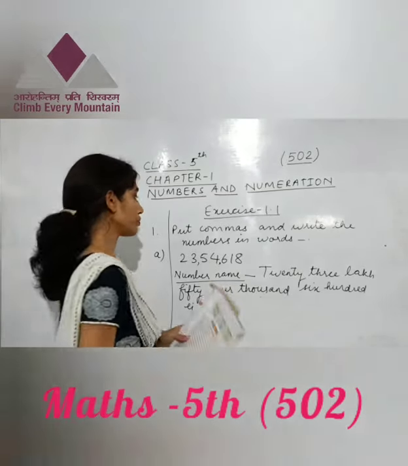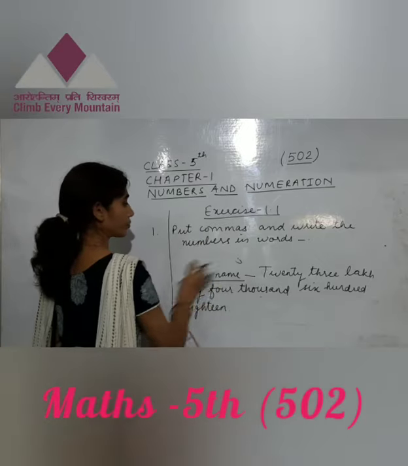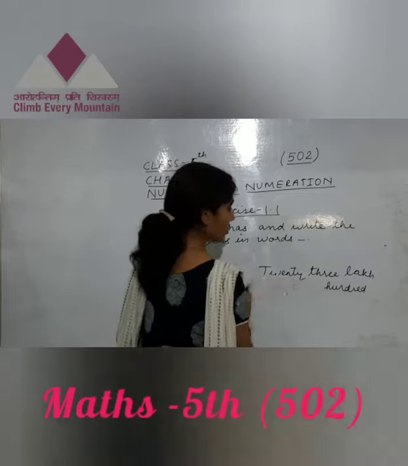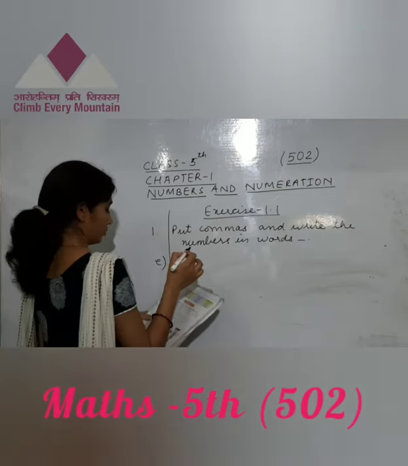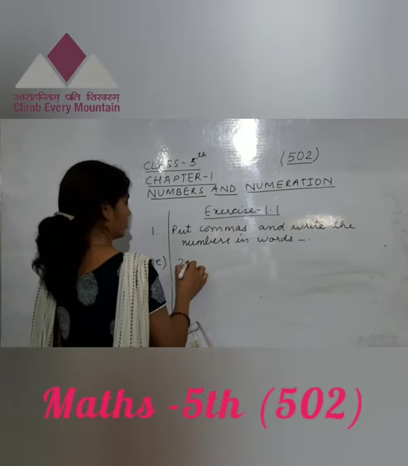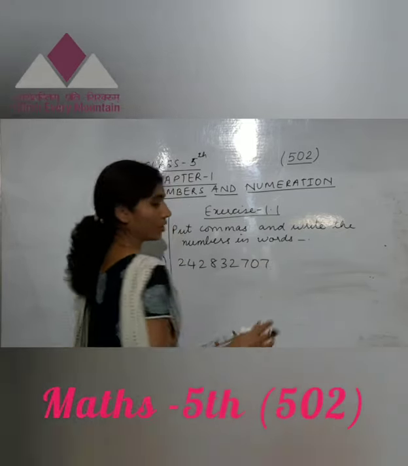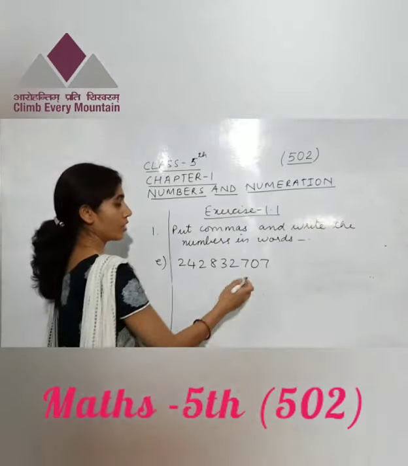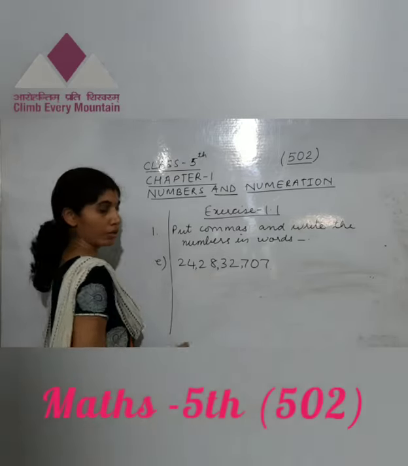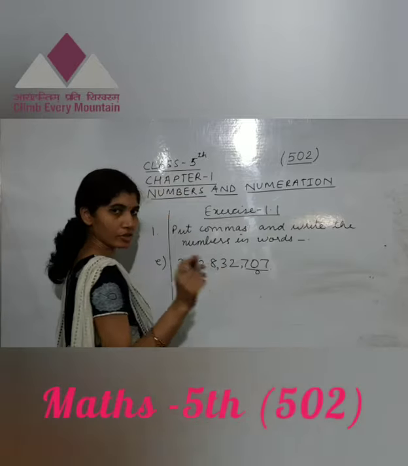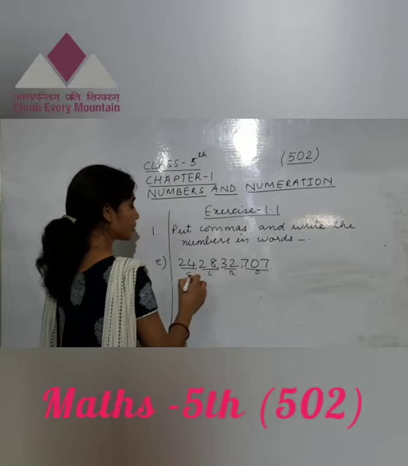Okay? See one more. Now I am doing this one. This is the number. Okay? Same method again. First put the commas. 1, 2, 3, comma, 1, 2, comma, 1, 2, comma. Now this is ones period. If you want you can write in short to understand it. This is thousands period, this is lakhs period and this is crores period.